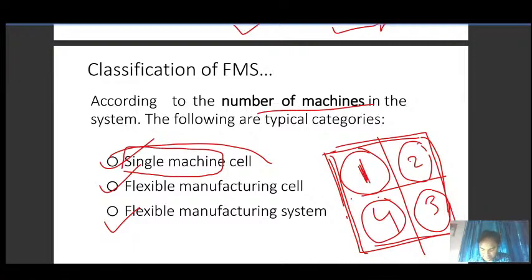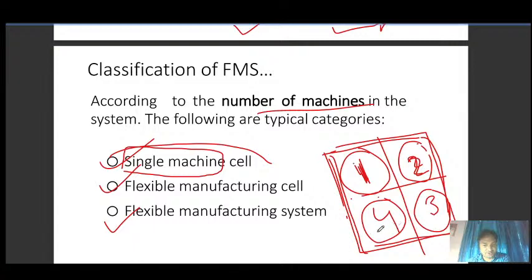Say for example, if you are using single machine cells for producing a product, here it will be only one lathe machine. In cell two, only one drilling machine, and in three you can use only one milling machine.